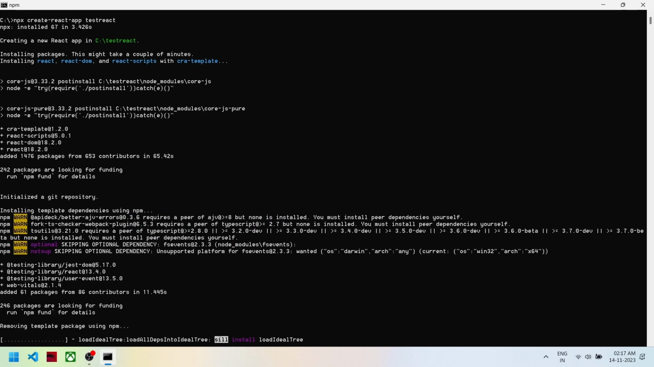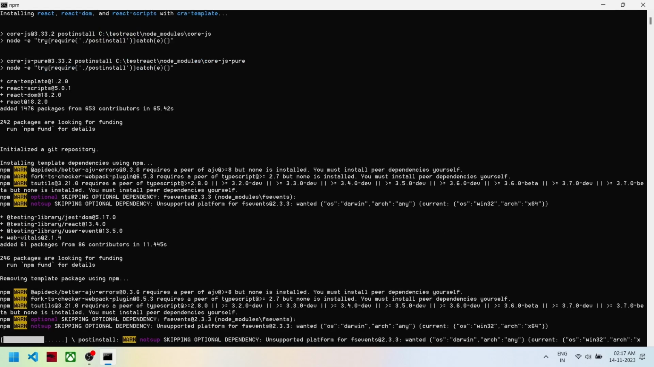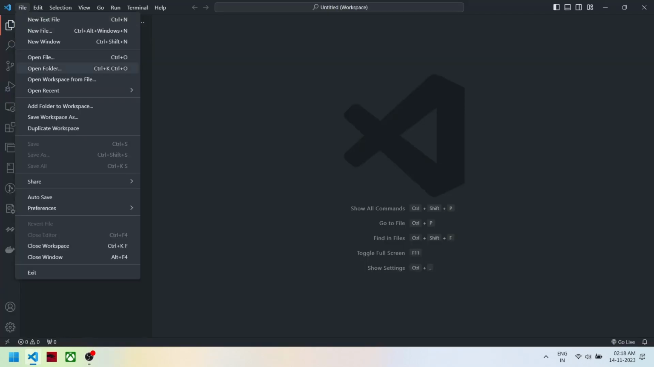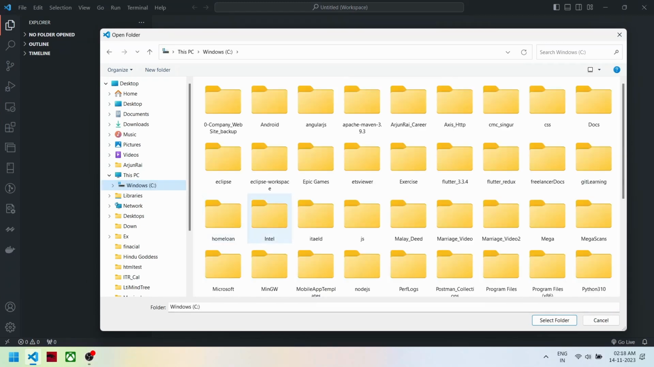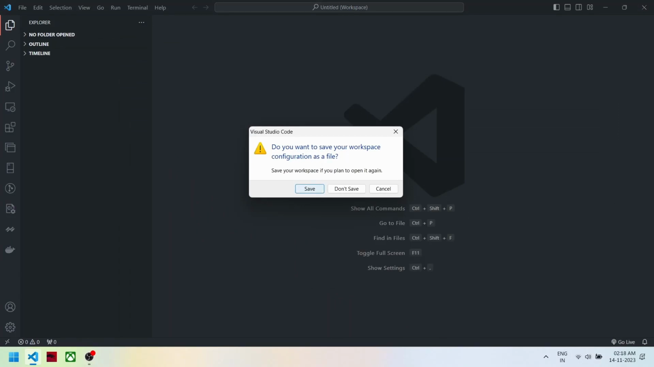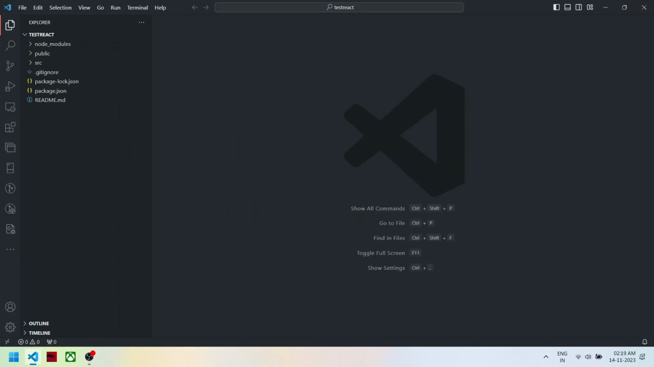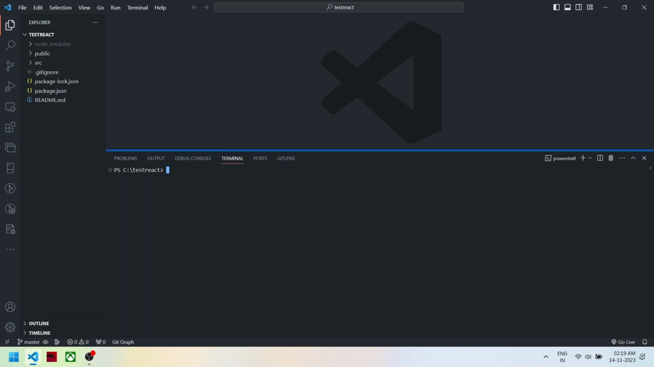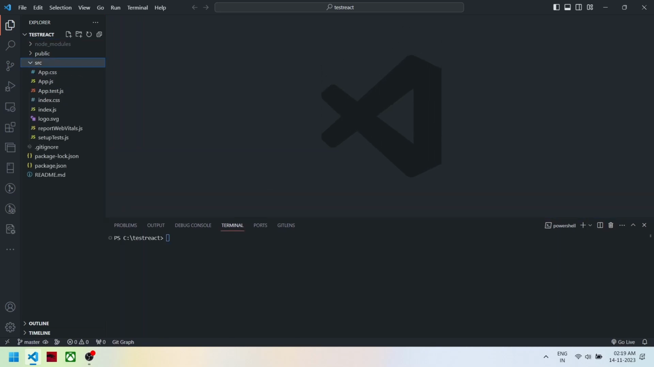Now I think almost everything is completed. It is just going to finish soon. Now it has all finished. You can see all the React-related commands displayed on the screen. Now we have to open the test-react folder in our Visual Studio IDE. We select test-react, and select that folder to open it in Visual Studio IDE. We are going to open a new terminal. You can check the file folder structure. There is public, src,